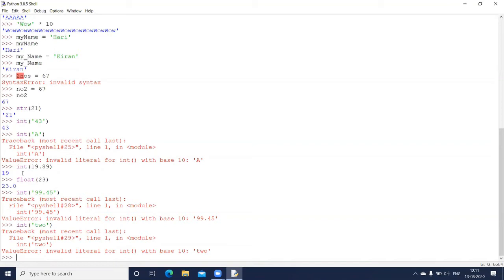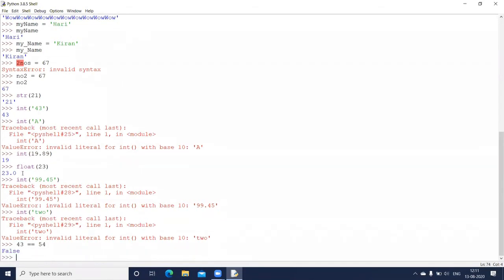So there are some comparison operators, like for example, I can write 43, and if I want to check whether it is equal to 54, the double equal to sign is used. And this should give me either true or false depending on whether it is equal or not. Okay, so this is not equal, so I'll get false.